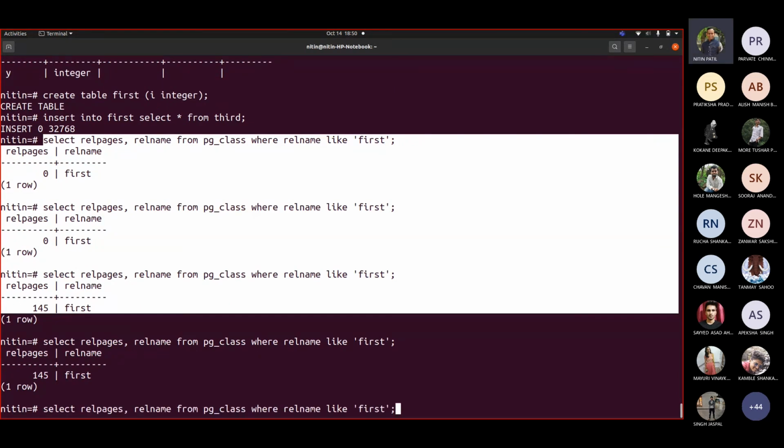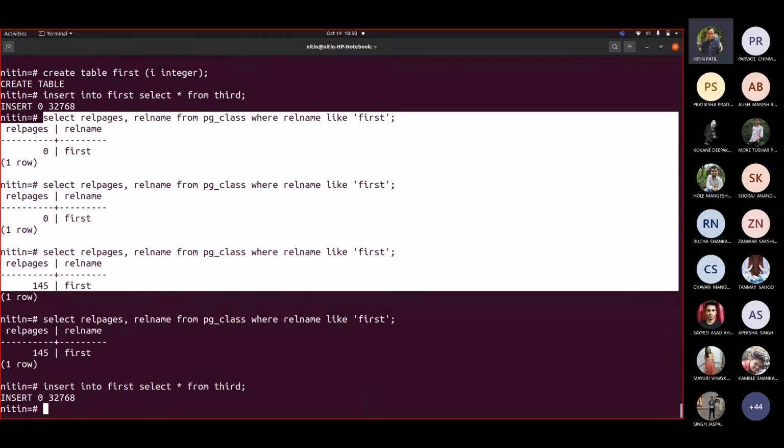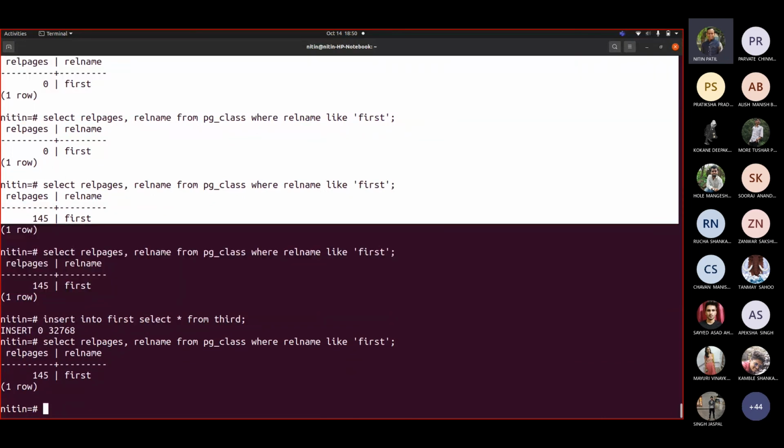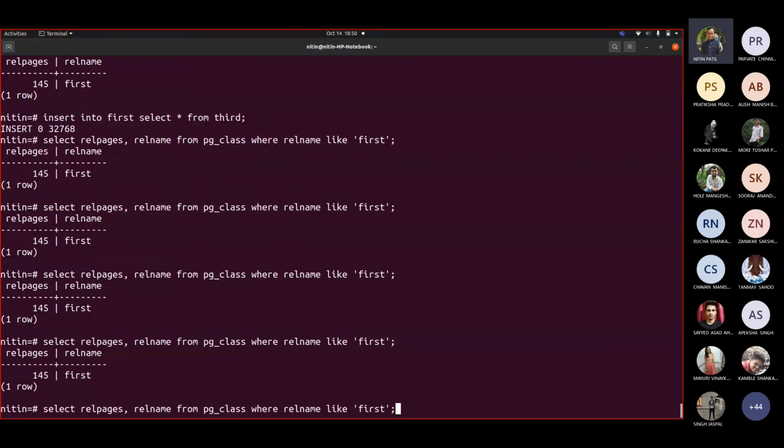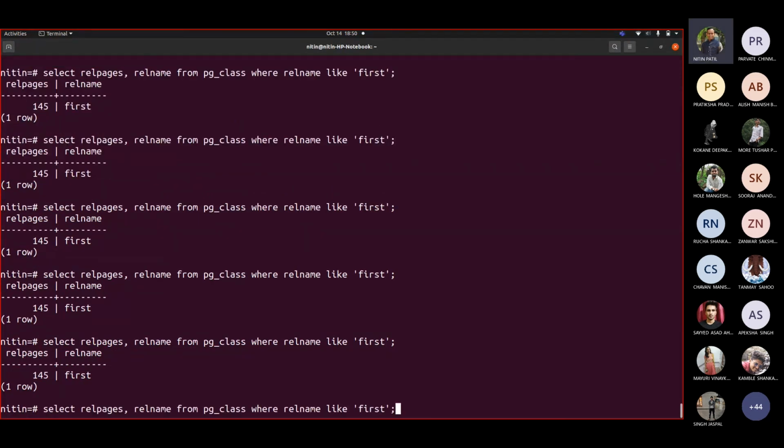If I insert again, this would insert records again. Now if I select, it is still 145. Let us see how much time it takes. Now it changed and became 290, so it took some time to write.